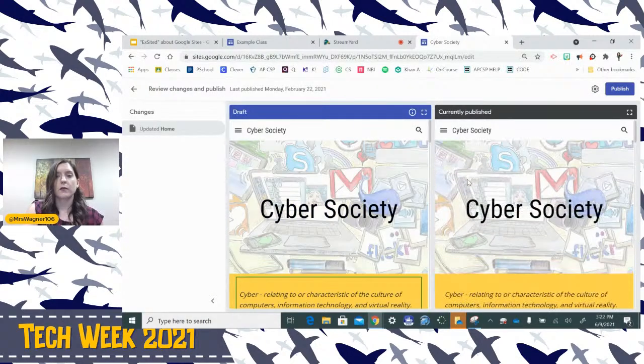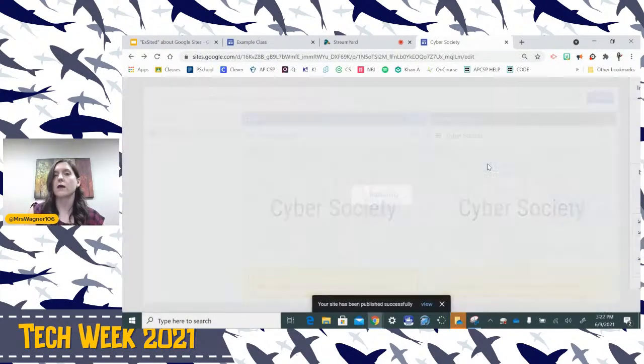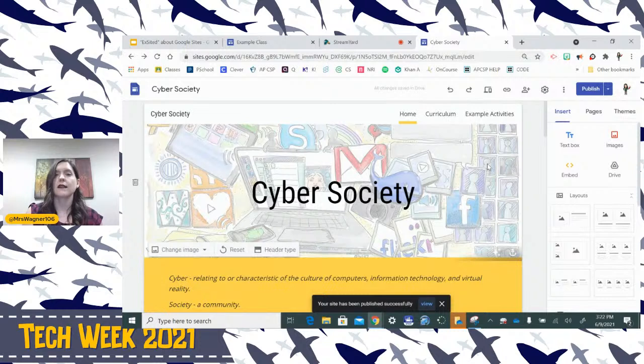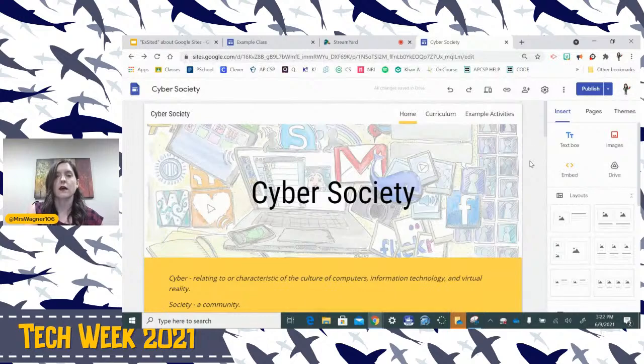it'll show you what's currently published and your draft. And then you click publish, it updates automatically. And now that link that you shared 6 months ago, a year ago, doesn't matter. They're still seeing the updated website that you've published. So when you add resources for your parents or your students, it's automatically updated, just like it would be with Google Slides if you shared a Google Slides link with them.